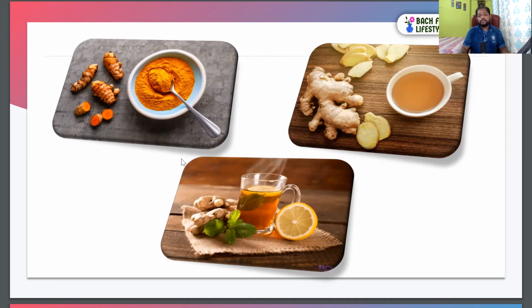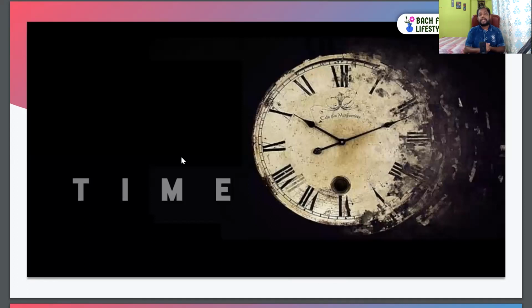But to heal those, we do not have very specific remedies in our kitchen, and we only use one specific aspect, that is time. So we look at the time. When the time passes, we will come out of that particular situation automatically, and the natural healing process will take over, and we will get out of that situation.